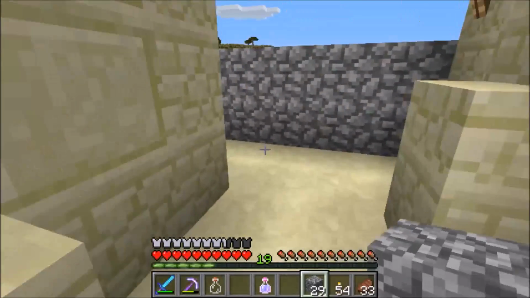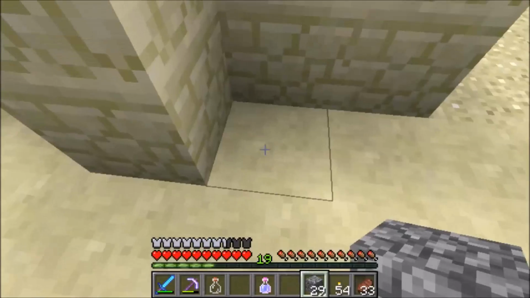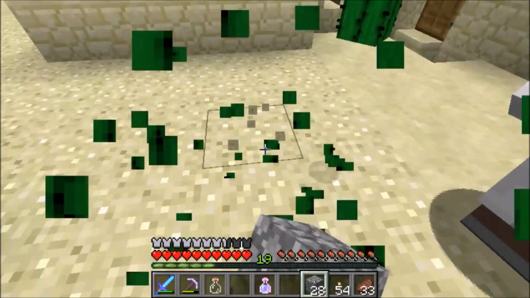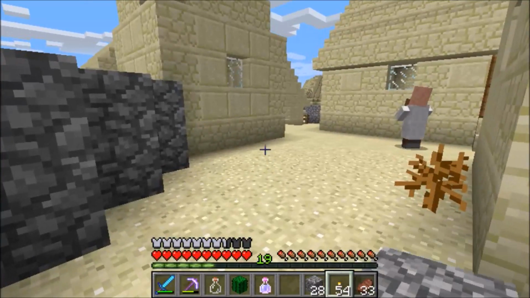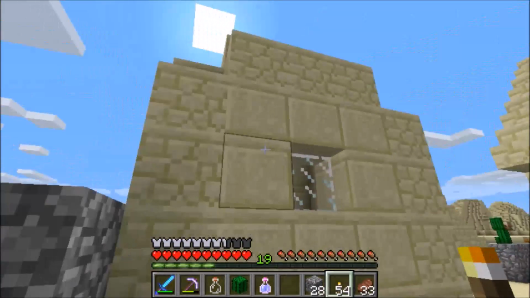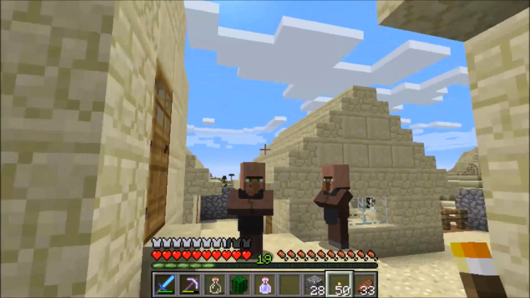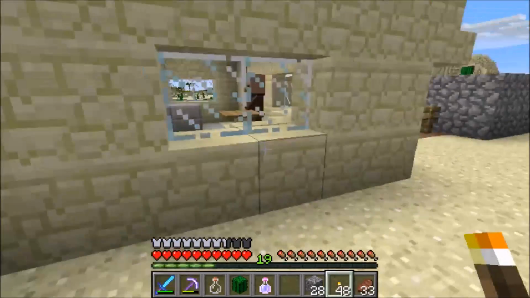And what we'll need to do is put a gate on for ourselves so that we can get in and out, but I think that probably does it. I'm going to take that out because cactuses can sometimes hurt if you run into them. So other than putting a few more lanterns up to light the village, I think what we may do